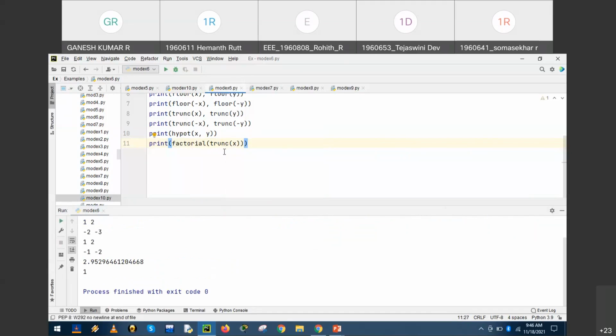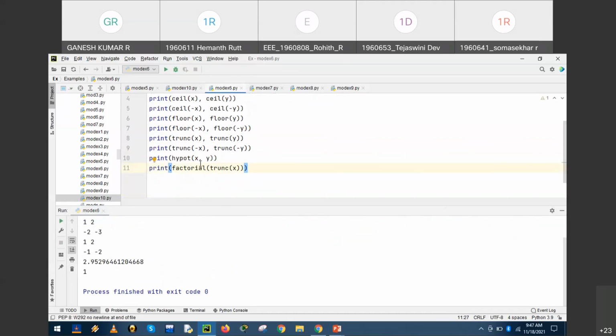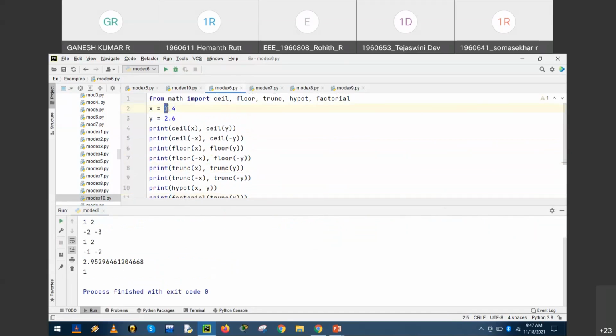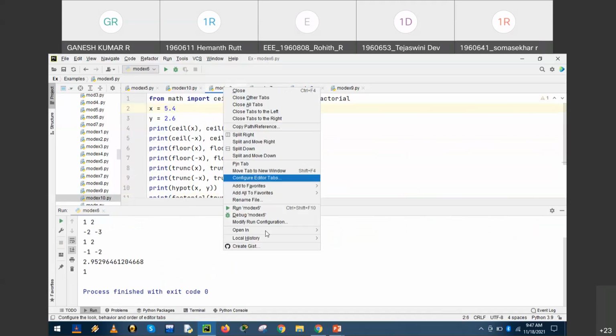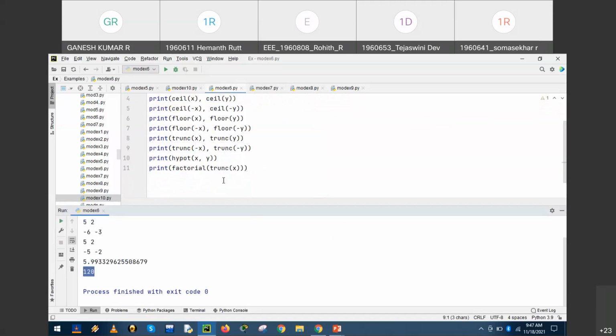Now we have trunc of x. x is equal to 1.4 will be truncated to 1. Factorial of 1 is 1. If we change it to 5, then we get 5 factorial, which is equal to 120. So factorial is applicable only if the inputs are positive integers. Fine.